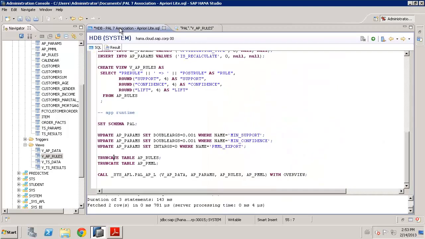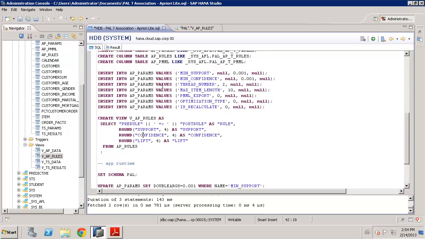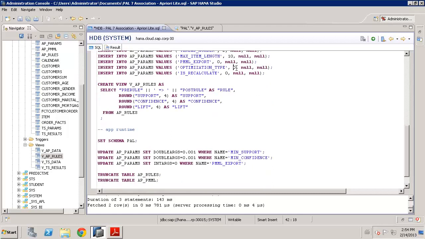Now, one other thing that Apriori allows us to do, and Apriori Lite in particular, is to filter or to sample the input data. So one of the parameters we can set here is what's known as the optimization type. The optimization type allows us to choose what percentage of the data to use, or in fact, use all of the data. So we've already set it to say use all the data. It was set at 0. However, if we were to update,